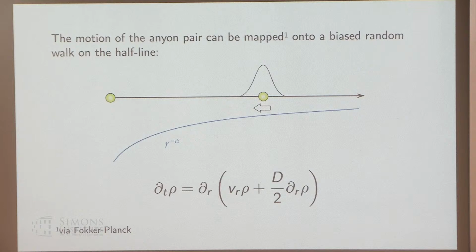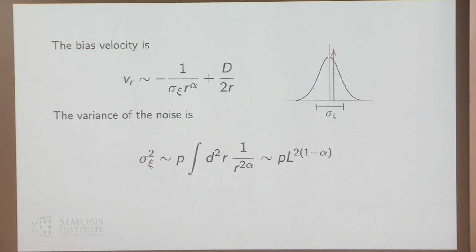If you like, the diffusion equation that this is governed by can be shown to look something like this. It's a diffusion equation which has some bias towards the origin, determined by the strength of this field. And then it also diffuses with some diffusion constant. So it's just biased diffusion on a half line, a very simple problem. And you can